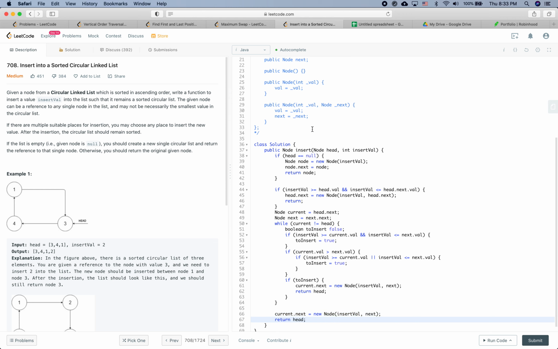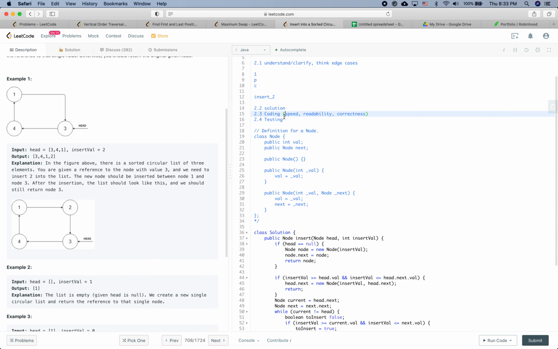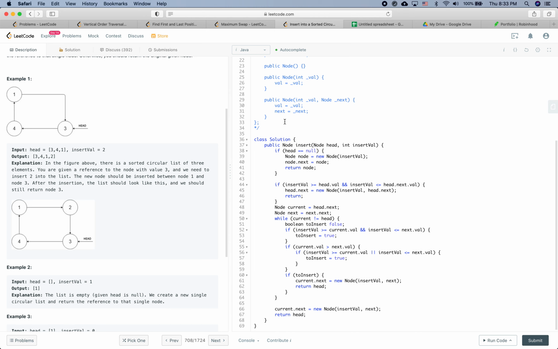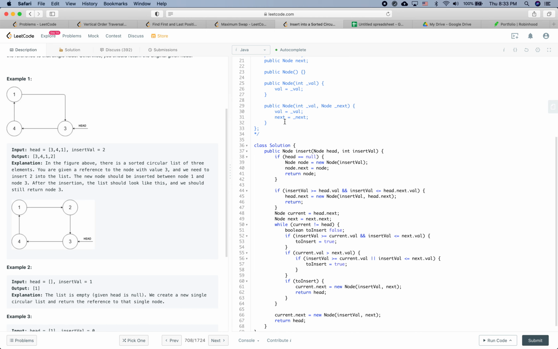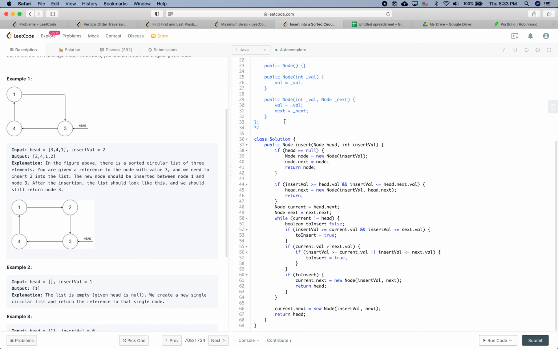All right, so let's double check, which is the testing part. In the testing part, we are going to do some sanity check by going through this code using some example, and at the same time we will explain it. The next step is to set up some different test cases to have good enough test coverage about different cases. So let's take this example. Let's say we have 1, 3, 4, and then it is pointing back to the first node. So let's say at the very beginning,